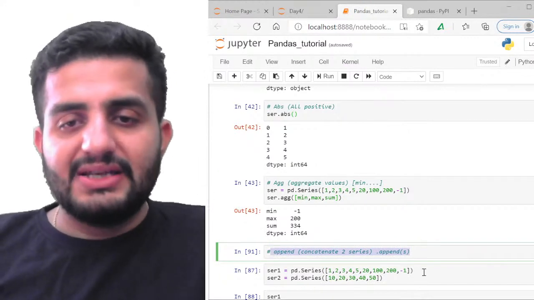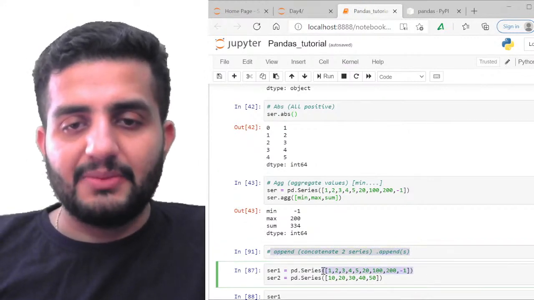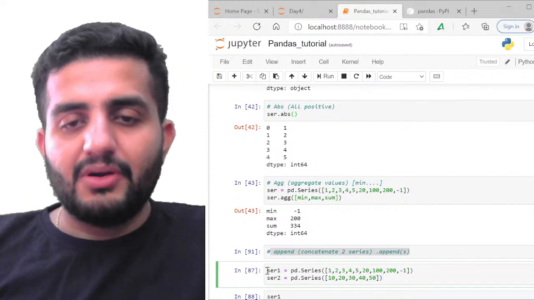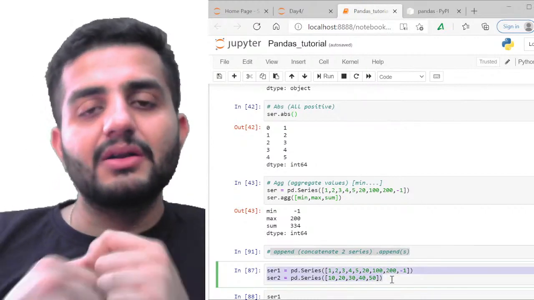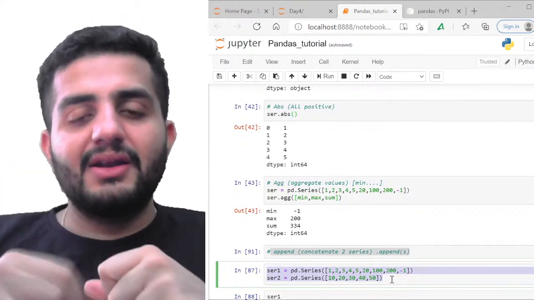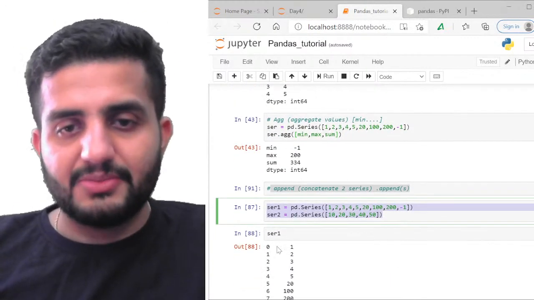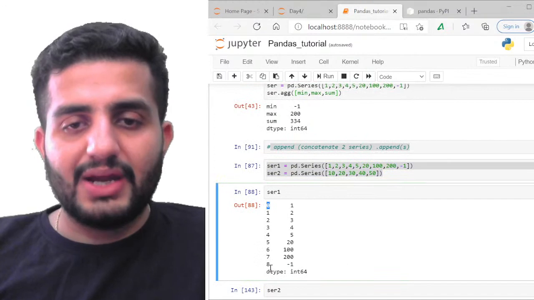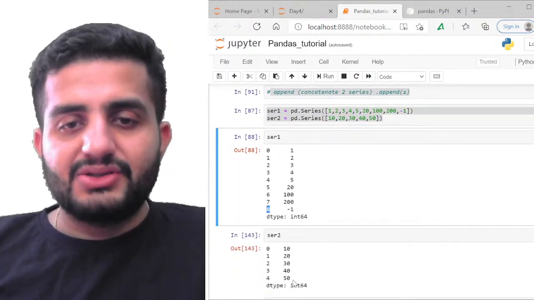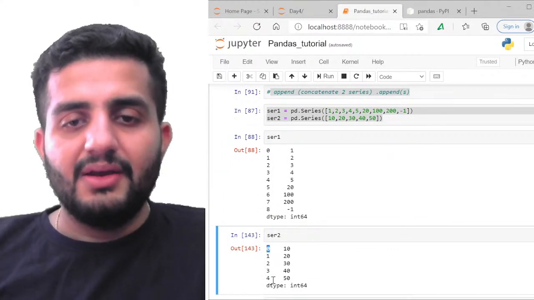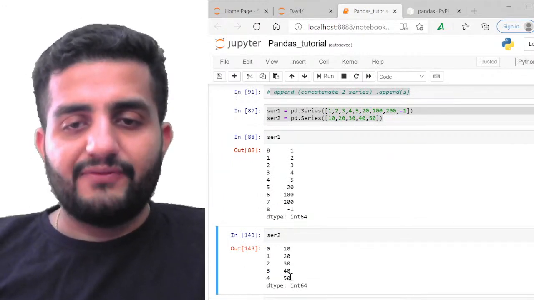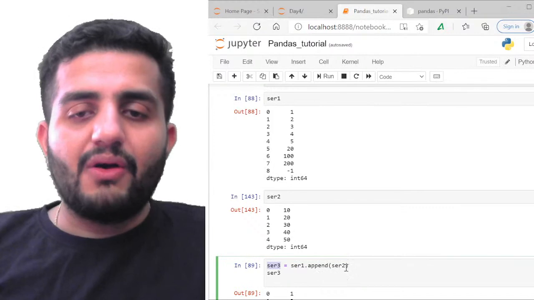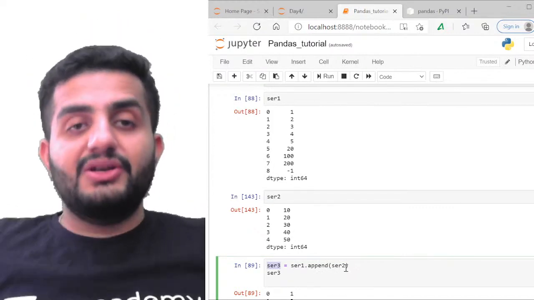Okay, so I have a series 1 which says this. So I have my multiple elements here, and then in series 2 I have some other elements, right? So I'm going to join these 2 data points. I'm going to make a single series by appending or by concatenating these 2 different series, right? So that is totally possible. So if I print series 1, you can see I have my data points from 0 to 8th index, all of my data points here, and series 2 is again starting from 0, so there's a new series altogether. I have 5 elements here, 0 1 2 3 4. So I'm going to create a new series 3, which is the append of series 2 on top of series 1.